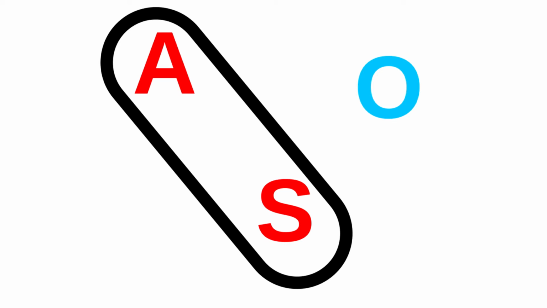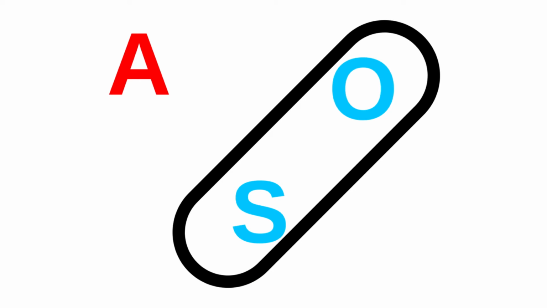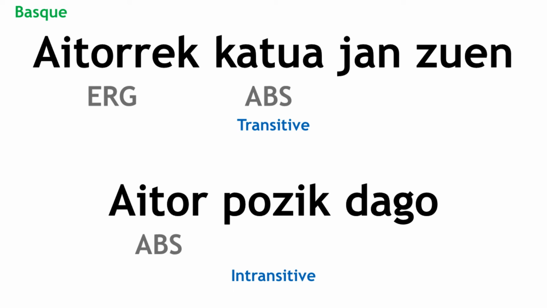In languages with case, the subject and experiencer use the nominative case, while the object uses the accusative. However, there are also ergative-absolutive languages, where the object and the experiencer are treated the same and the subject is treated differently. In these languages, there aren't nominative and accusative cases, but rather the ergative and absolutive, with the ergative used for a transitive subject and the absolutive for the transitive object and the